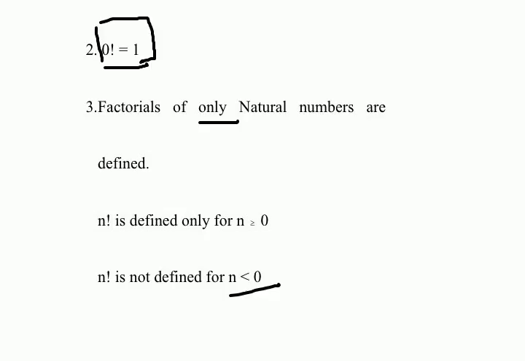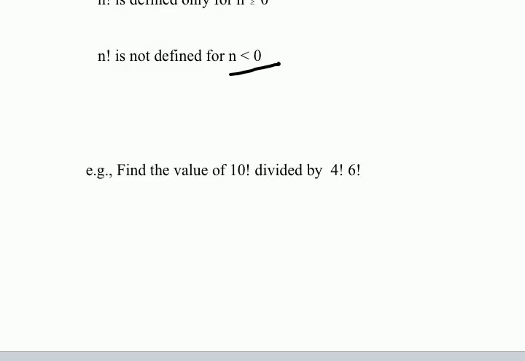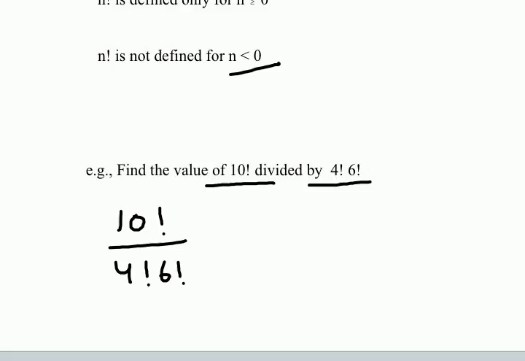So let's quickly test our knowledge. Let us find the value of factorial 10 divided by factorial 4 and factorial 6. So I can write it down like this: factorial 10 divided by 4 factorial and 6 factorial. Now this essentially is equal to